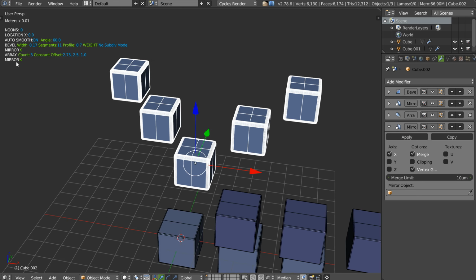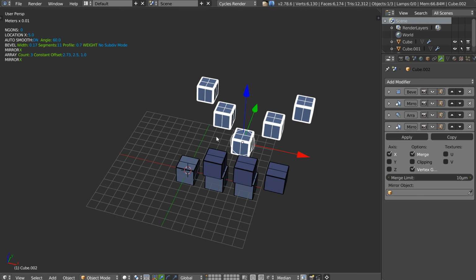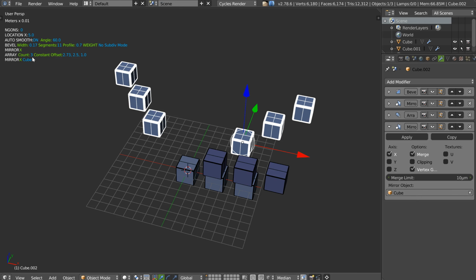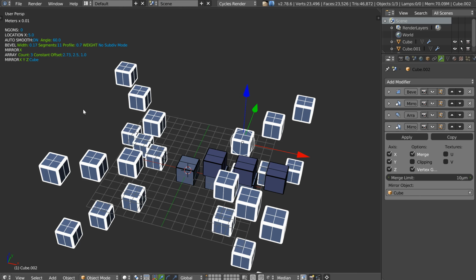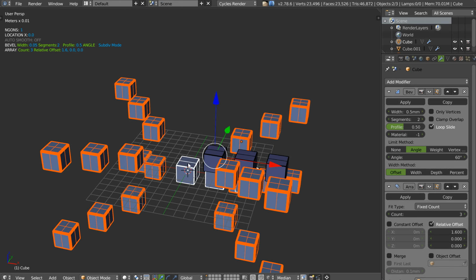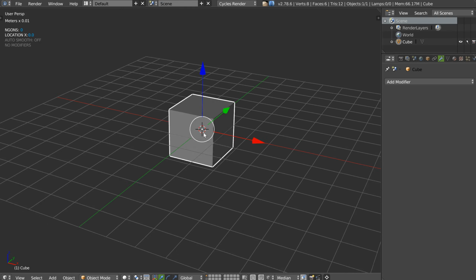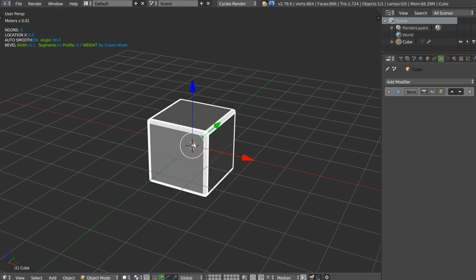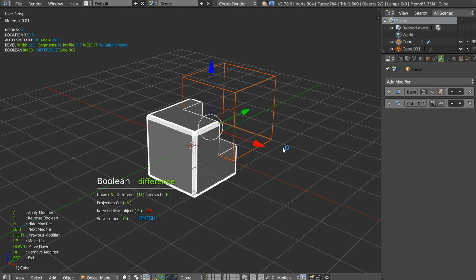So, as you can see, in mirror I have X. If I move this and I add an object, I will add this object, for example. I will have the name of the object, and if I click on Y and Z, I know my mirror is on X, Y, Z, and I know which object is the reference, the mirror object. Okay, I will select everything, remove it. I will add this, add a boolean, like this.